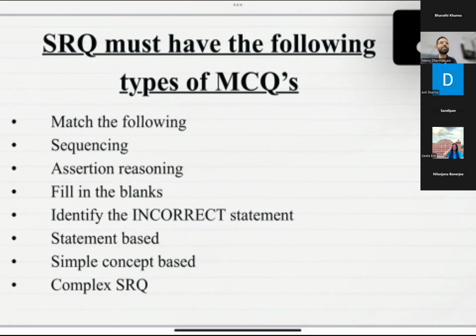A child who comes remembering just 1 or 2 types of plan, thinking that it might be possible they are not going to ask about this type of plan, when they see this kind of question, they will think and regret their rote learning, that this should not have been done. They must have studied each and every category of plan, because that will allow them to solve these types of MCQs, which are nowadays known as SRQs, with a more detailed and more accurate answer on the particular topic. The next question type is sequencing.